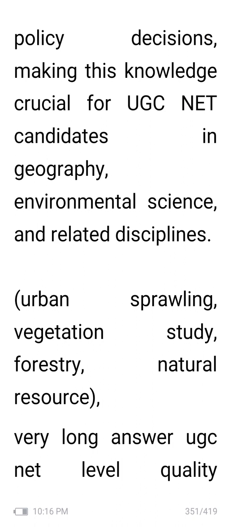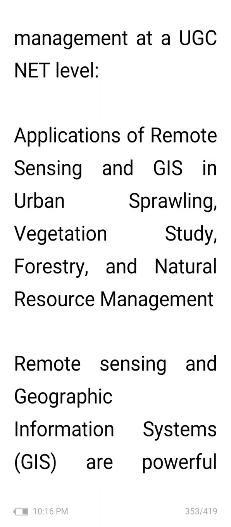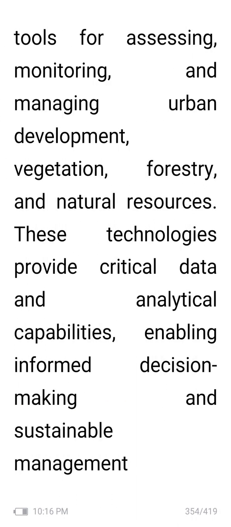Urban sprawl, vegetation study, forestry, and natural resource management: application of remote sensing and GIS. Remote sensing and geographic information systems are powerful tools for assessing, monitoring, and managing urban development, vegetation, forestry, and natural resources. These technologies provide critical data and analytical capabilities, enabling informed decision making and sustainable management